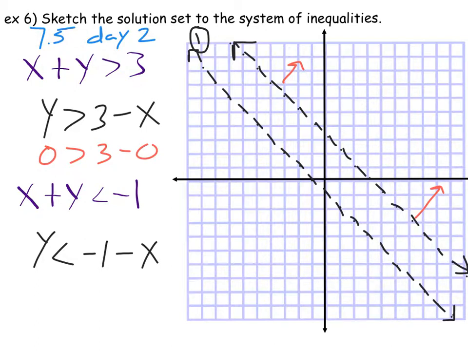I'll label that inequality number 2. 0 is less than -1. Okay, that's not true. 0 is actually bigger than -1, so I would have these arrows going the opposite direction,